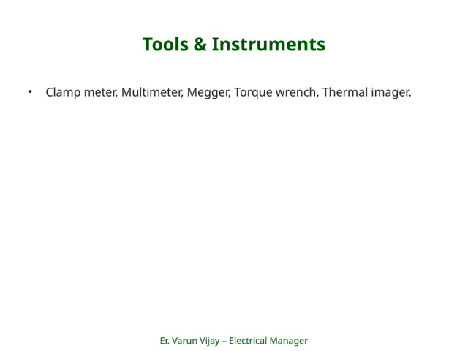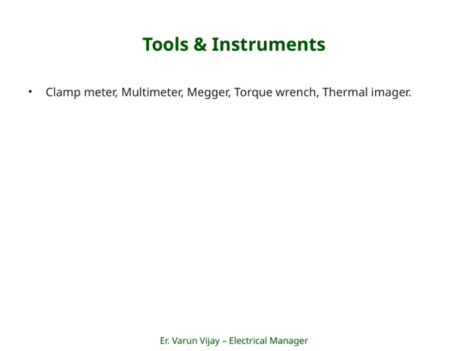Today, I'll be discussing some of the essential tools and instruments we use in electrical maintenance and testing. First up is the clamp meter, which allows us to measure current flowing through a conductor without disconnecting it. This makes our work safer and more efficient. Next, we have the multimeter, a versatile device that measures voltage, current, and resistance, helping us troubleshoot a wide range